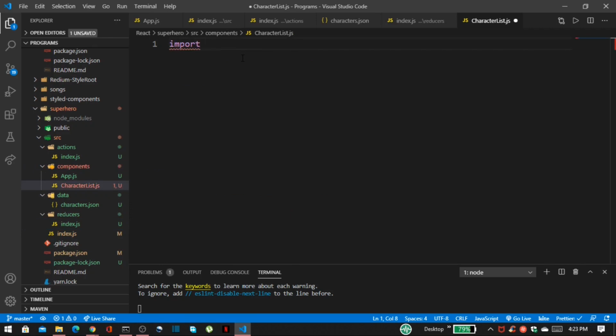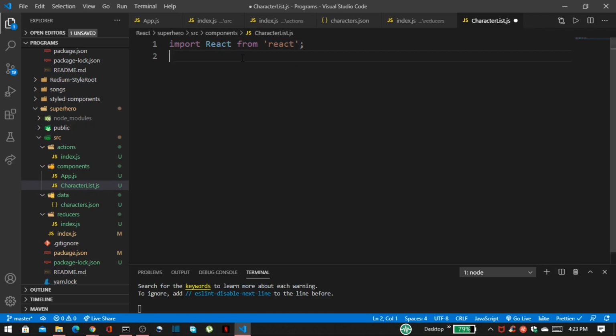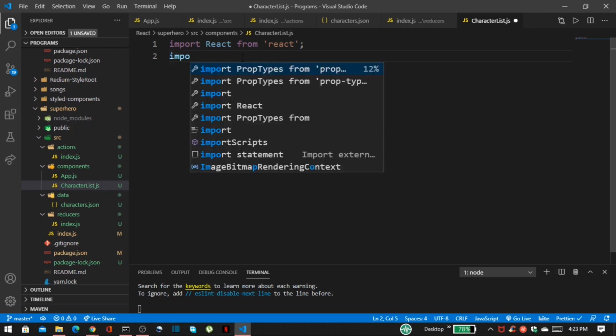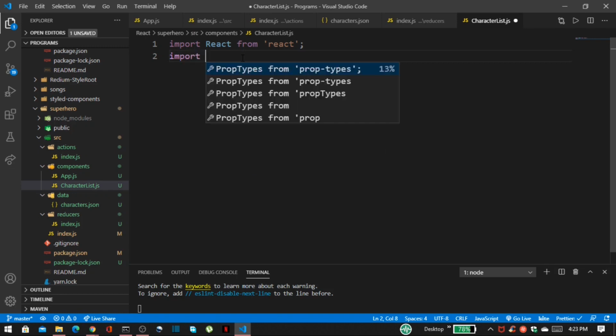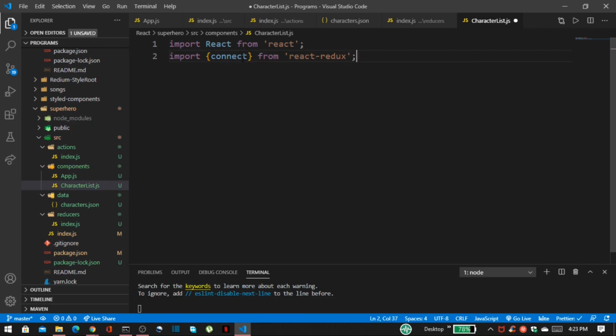So first import React from React. After that we have to use the connect function. By using that function we connect our React component to our Redux store. So import connect from React Redux.